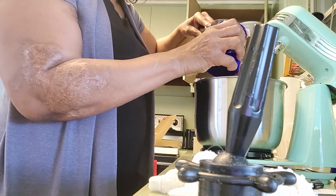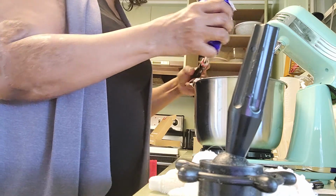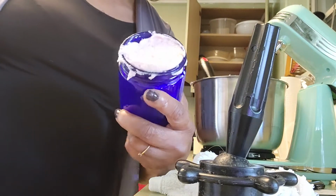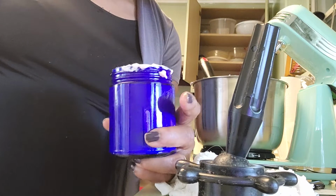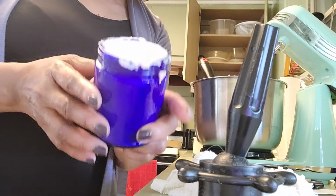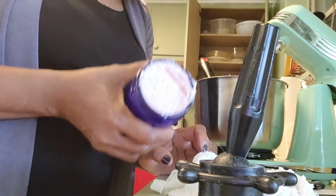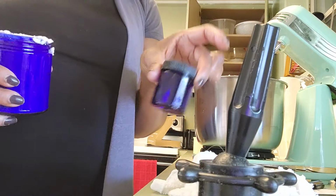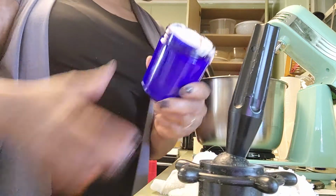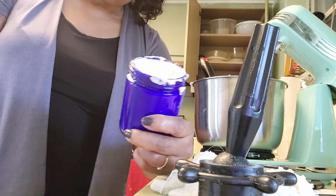Okay, and here you go. This is the Hibiscus Hydrating Facial Cream. I will clean up the round side of the jar later before I put the lid on it, but this is how it's going to look right here. And I do have maybe enough for 1 more jar, and that's it. I did bring out my little sample jar in case I just had enough for this, but I do have enough for that. So thank you guys for tuning in and watching me fumble with my new mixer, but